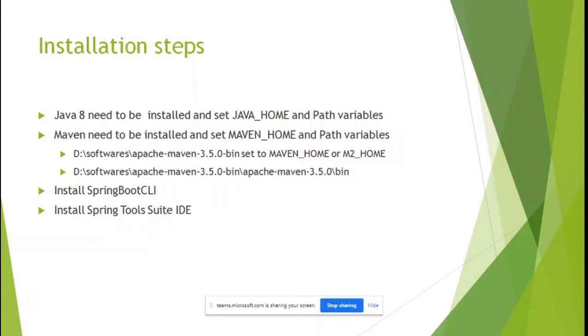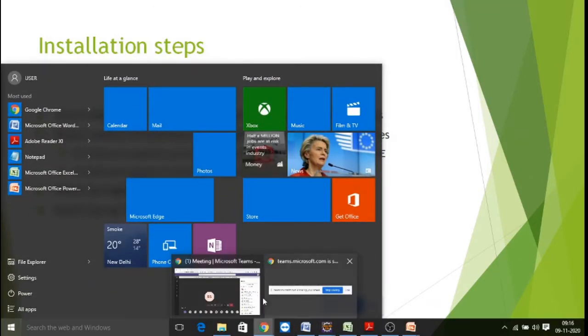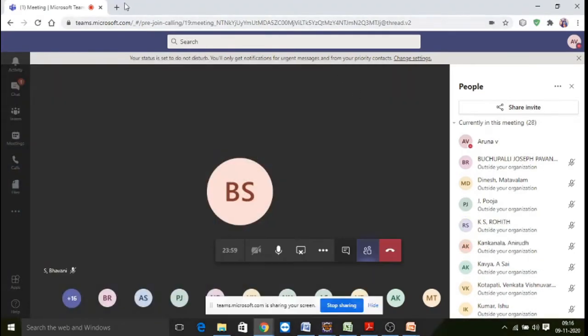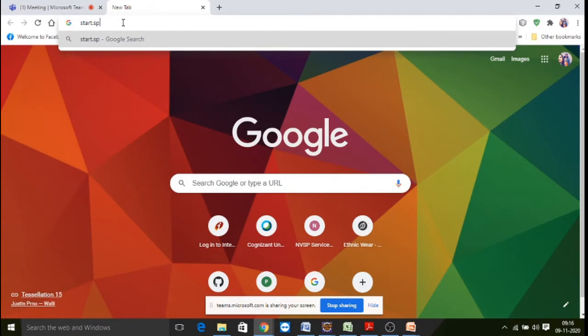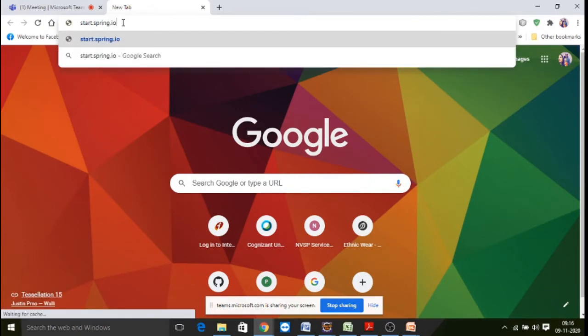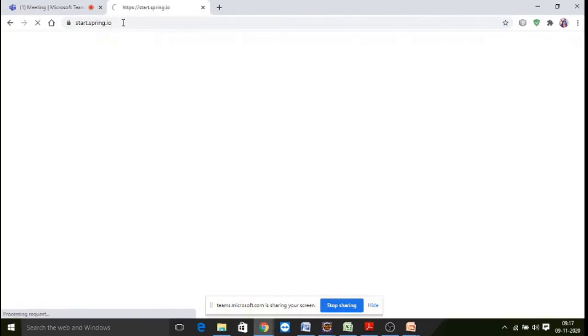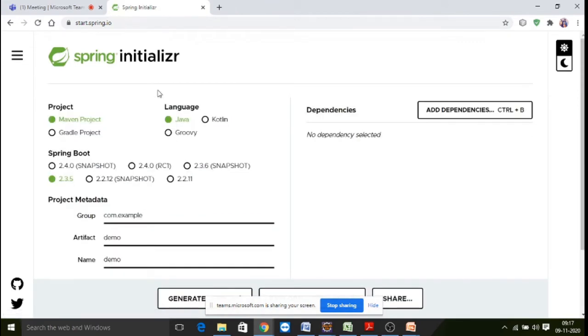First, I am going to show you how to generate a Spring Boot project by using Spring Initializer. So what is Spring Initializer? It is start.spring.io, all of you can make a note. start.spring.io is a template generator for your Spring Boot project, which gives you the predefined configuration needed, and you can auto-generate the application template.